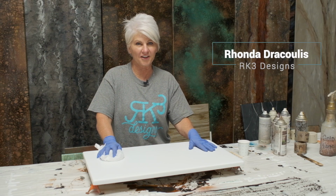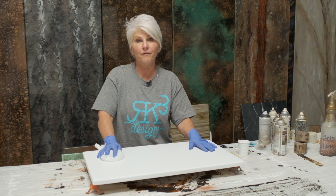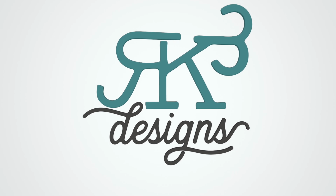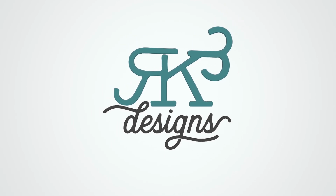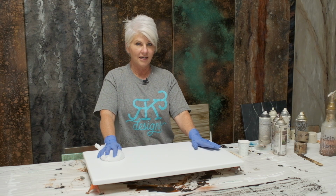Rhonda here, RK3 Designs, and today we're going to do a viewer request for Venetian Gold Granite. I've had a few people request some granites that aren't just the regular earth tone granites. It's actually a Venetian gold granite. So I started researching a little bit and looking at pictures, and obviously there's a huge variety, but this is